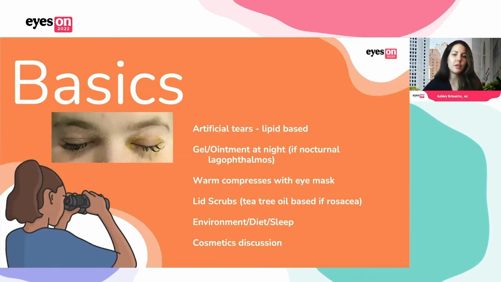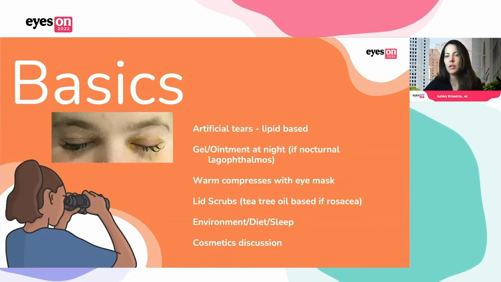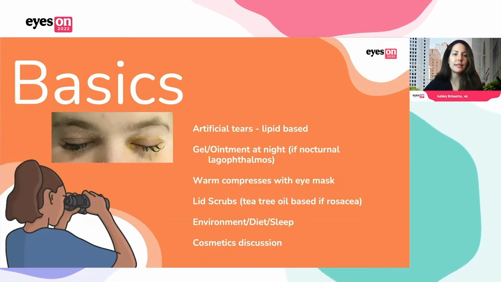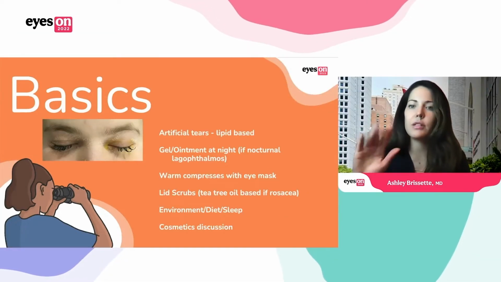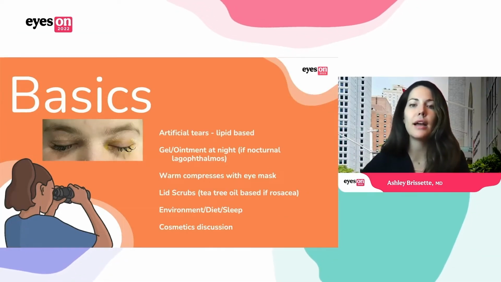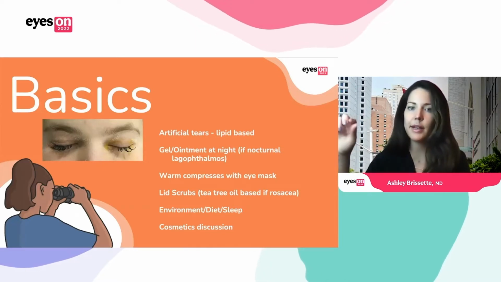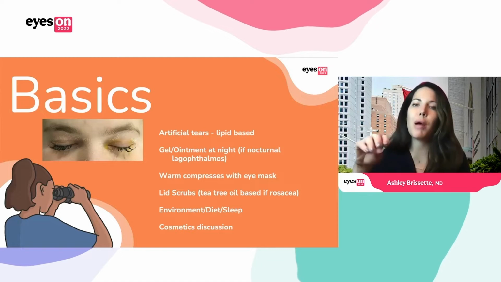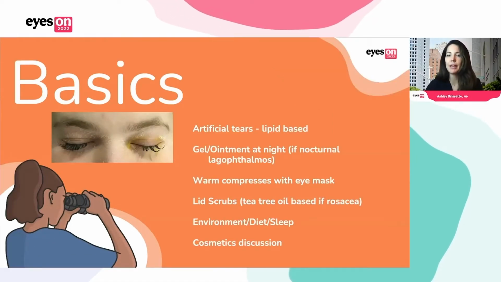I'll also ask them to use gels or ointments at nighttime, especially if there's a component of nocturnal lagophthalmos. And you can assess this at the slit lamp, where if you ask the patient to close their eyes just naturally, so not firmly closing, but just as if they were going to gently close their eyes, sometimes you'll see a lagophthalmos component. And you might also see inferior staining of the cornea more prominently than elsewhere on the cornea or conjunctiva. So gels or ointments at bedtime can help with that.